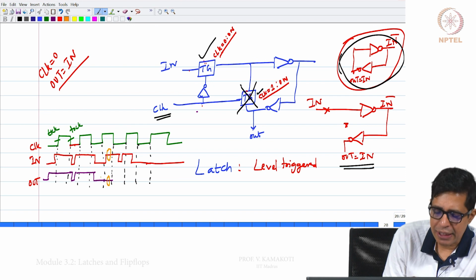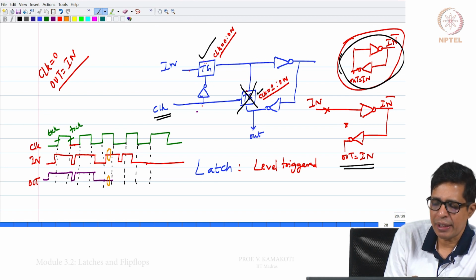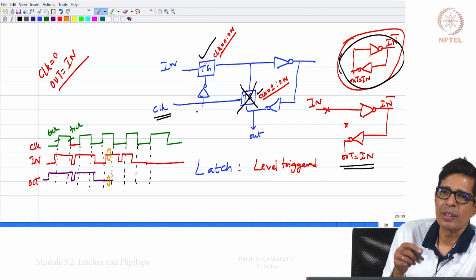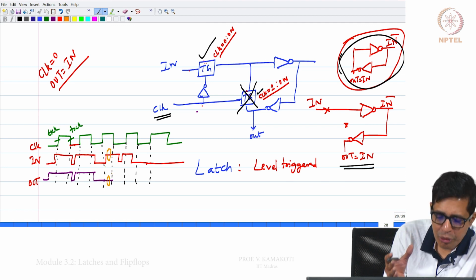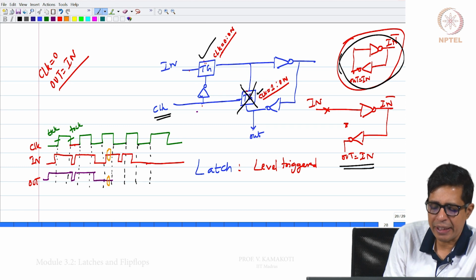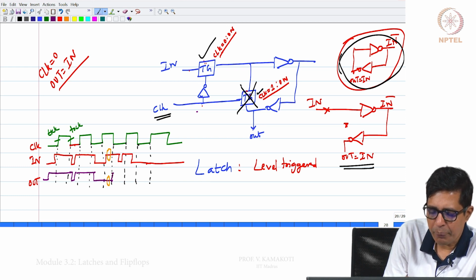When the clock is 0, whatever is happening on the in will come to the out, but when the clock is 1, whatever just happened before the clock became 1, that is what will be retained. So, you will be seeing a 0 here, right, and again the clock becomes 0. So, this will go up, you will see all these things, and then this will remain. Now, the clock is 1, so it will go till this.